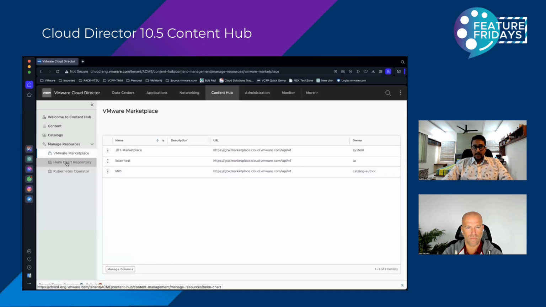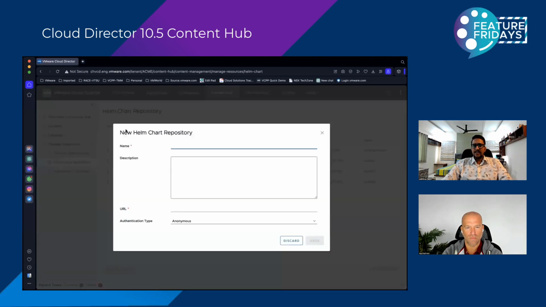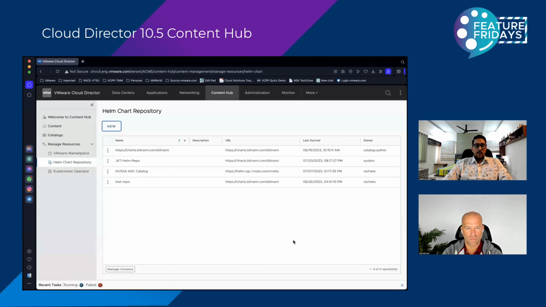As a org admin or a user who has capability to add Helm chart, you can add a Helm chart which could be a local Helm chart repository. So for our lab purpose, I have added a Helm chart repository, and the experience is the same. You give the name, you give the URL, and we support anonymous authentication type only. Now, once you have added the Helm chart and once you have added the VMware marketplace, the next thing is